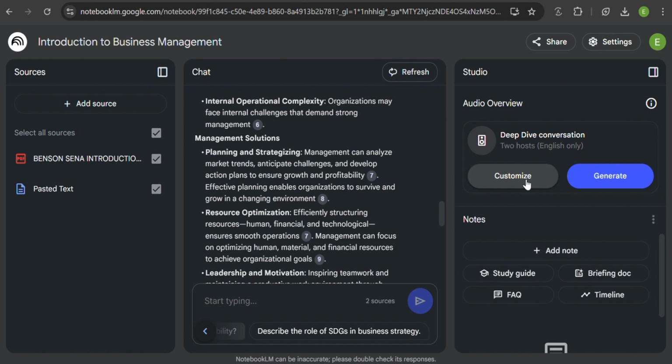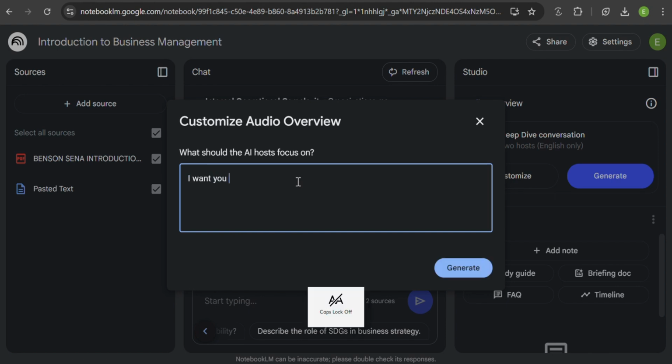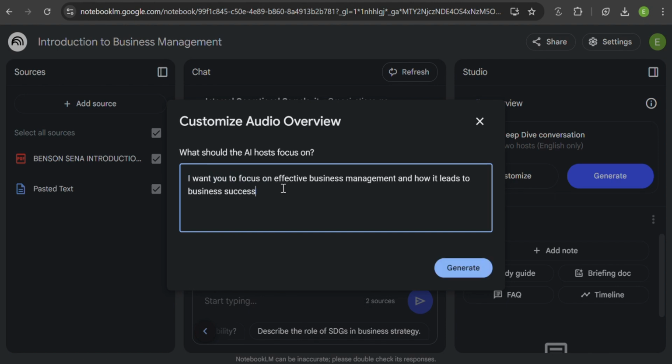Also, you can customize how you want your podcast to be generated, which means that you can tell the AI hosts of the podcast to focus on some specific parts of the document you've uploaded. So for example, your document is 1,000 pages and you want to focus on only one topic in those 1,000 pages. You can do that here by clicking on the customize button, and then you tell it exactly what to focus on. So for this demonstration, I want our focus to be on effective business management and how it leads to business success. And after telling the AI what to focus on, you click on generate in order to generate your